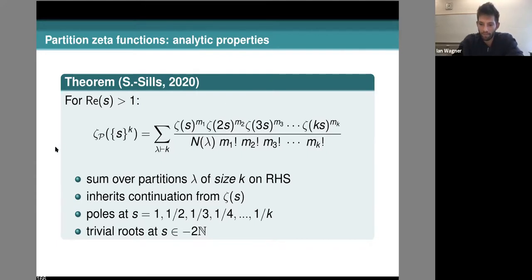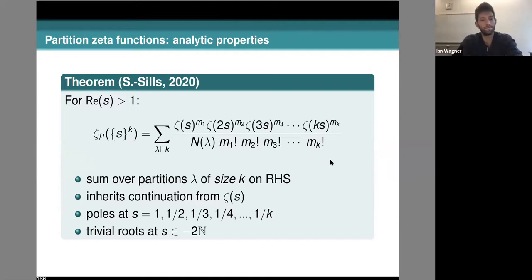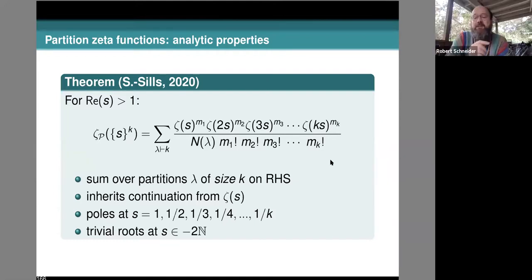Yes. Well, it was also sort of answered in the chat just now. There's a question about if we can rewrite this or connect this to multiple zeta values or multi-zeta functions. That is a really great question. I actually stole the notation from multiple zeta values for one thing, as you might have noticed. Some multiple zeta values are a subset. There's an intersection with certain partition zeta functions. If we restrict to partitions into distinct parts, then we get multiple zeta values. But it also doesn't totally contain the theory of multiple zeta values.